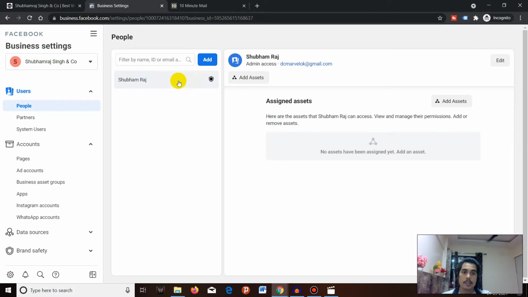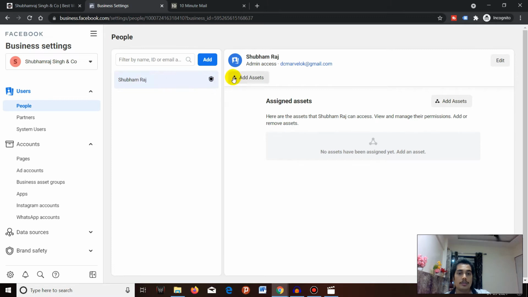But before that, let's see what the Add Assets and Edit buttons are. You can see the Add Assets button here. By clicking on this, you can add pages, ad accounts, Instagram accounts, as well as pixels into your Business Manager, and you can assign that asset to individuals as per your convenience. Currently I am the only person here.